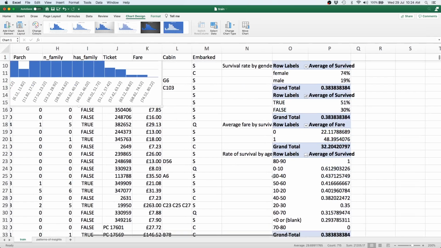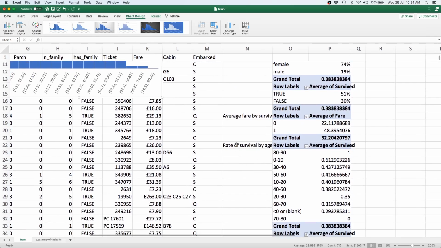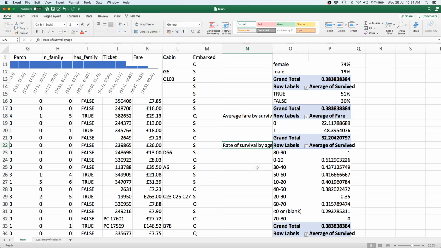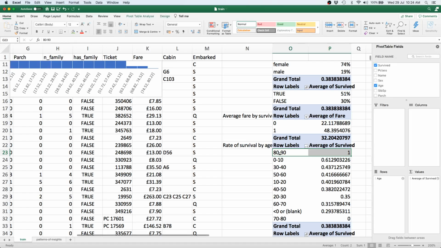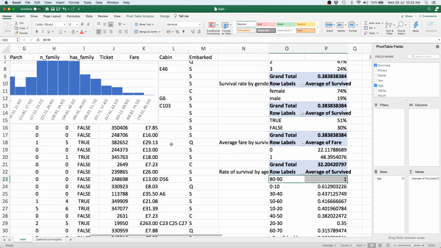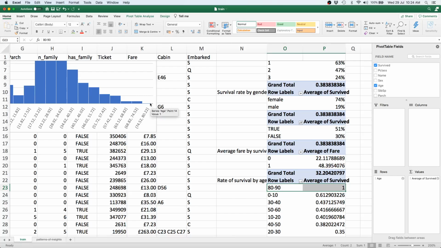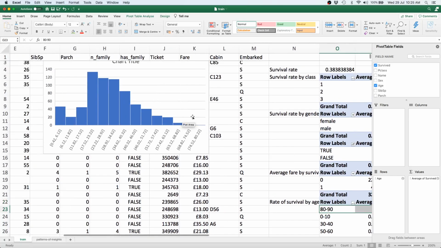When we calculated the survival rate of the passengers by age, we saw that in the age group of 80 to 90, the survival rate is 1. That simply could be because there is exactly one passenger over here who happened to survive, and that's what's pushing that survival rate to a very high value. Clearly, the number of people decreases as age increases, and there are a bunch of people who are young. There are a lot of young adults, and there are a few people who are middle aged.